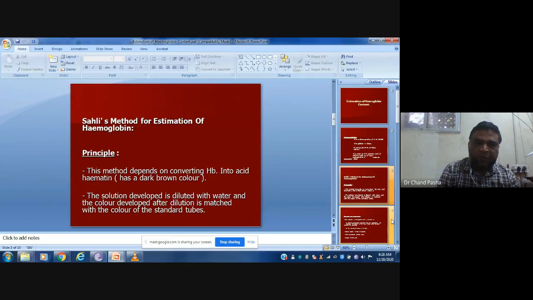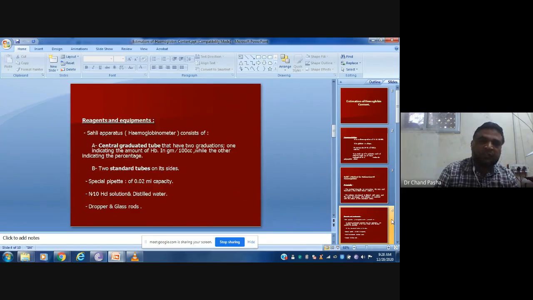And we'll be using a standard reference tube. To achieve that standard reference, the amount of water required is what is considered. So here the principle is, by using the acid, we convert the hemoglobin into hematin. The red colored one is converted into a brown colored one, and this brown color is matched with the standard reference color by diluting it with water. So the level of water required represents the